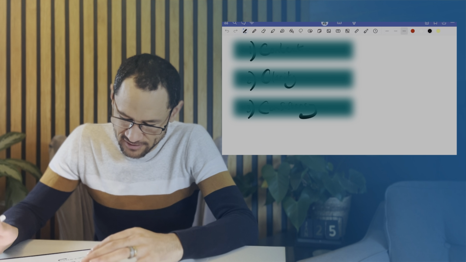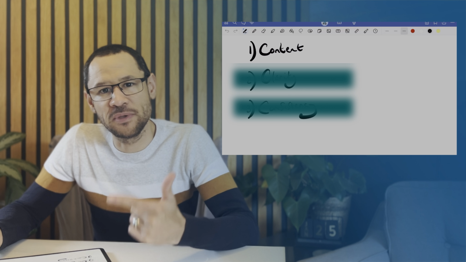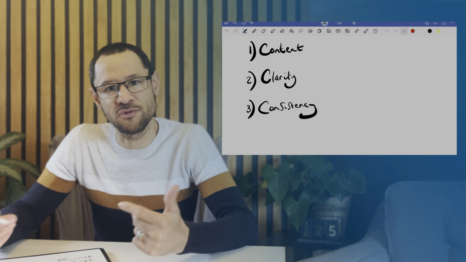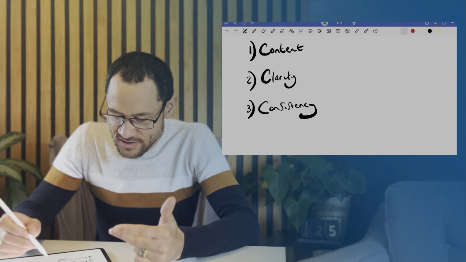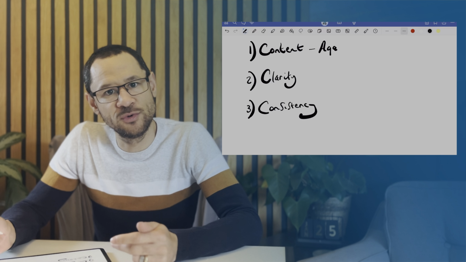My first process that I go through is to think of 3 things. First 3 things are, what is the content you're actually going to teach? How can you make sure you're communicating that in the most clear way, and just the consistency of the resources that you are making. So in terms of content, we do AQA science at our school, and I use a